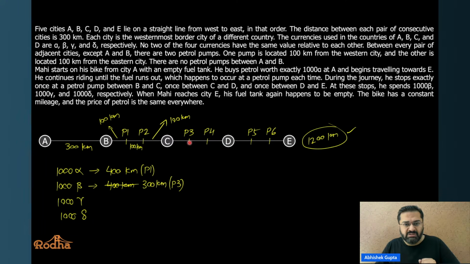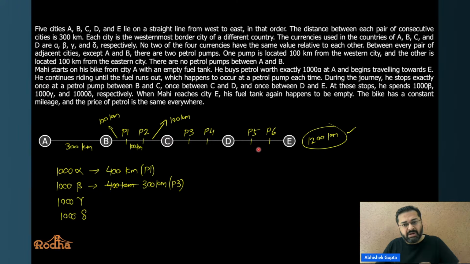ये देखो ये डिस्टेंस जो है ये कितना है, can you see this, 300 किलोमीटर, तो ये 300 रिपीट हो जाएगा. अब 300 रिपीटिशन में प्रॉब्लम क्या है, 300 रिपीटिशन मींस you are saying 1000 Beta got him the same amount of petrol that 1000 Gamma got. यही तो मतलब हो गया इसका. यहाँ पर ही spent Gamma on petrol, यहाँ पर रिफ्यूल किया होगा 1000 Gamma से. तो इसका मतलब क्या हुआ, if I make him stop at P5 ये 300 रिपीट हो जाएगा.